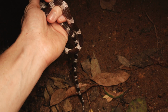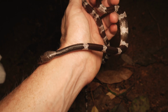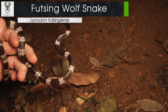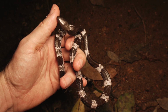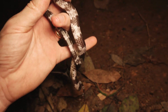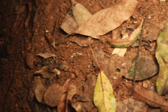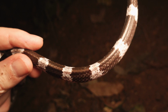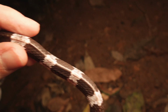Alright folks, we've got our next snake of the night, and this is a Futsing's wolf snake. And we've talked about this before on the vlog. For those that are new, we have a highly toxic species of snake in Hong Kong called the many-banded krait. That's also this kind of black and white banding, but there's a couple of key differences, and the number one of which is the vertebral scales. So on the Futsing's wolf snakes, the vertebral scales are actually all